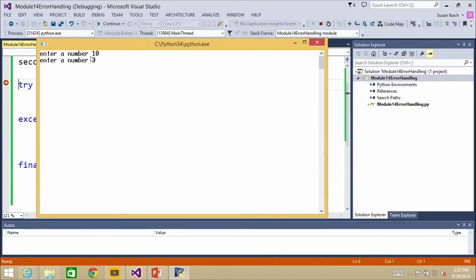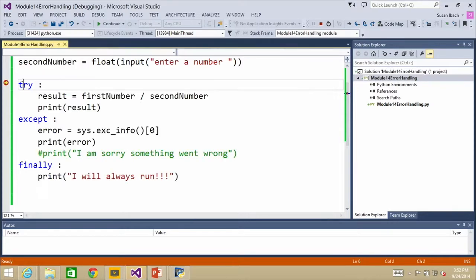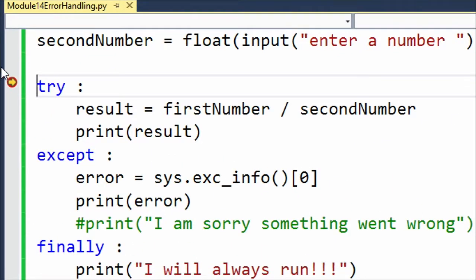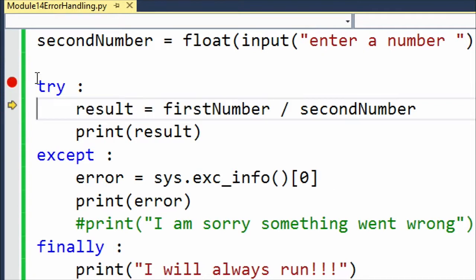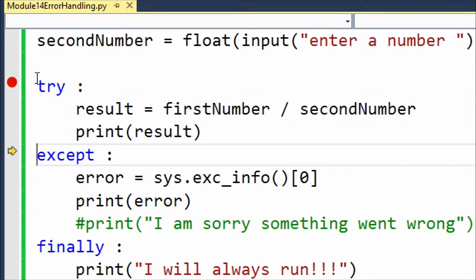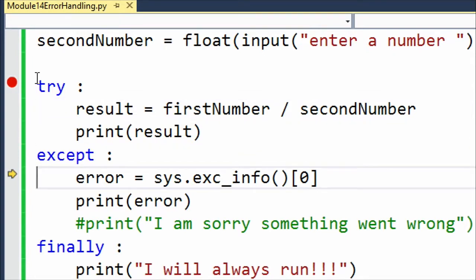Yep. And once again, I am going to go to my code here. I'm going to zoom in a little. The line with the yellow arrow is the next line that's going to be executed. It tries to calculate a result. Because it's an error, it's going to jump right away to the except. Yep. It executes the logic in the except, and then it goes to the finally. Yep, so the finally always runs, which is a big difference between doing that and just simply putting the call at the end of the try block.